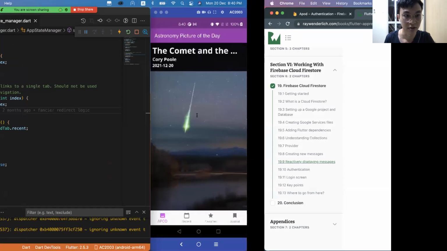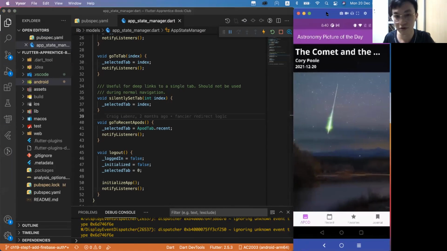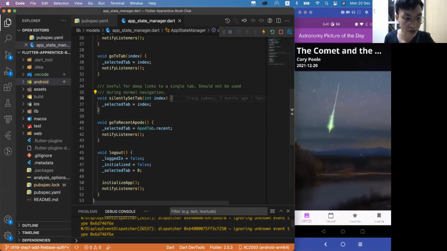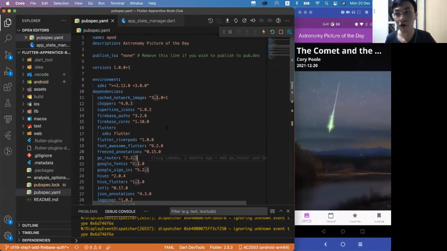I believe you can see my Android phone over here. So we start with chapter 19, step 1. Let me drag this around. For Firebase,